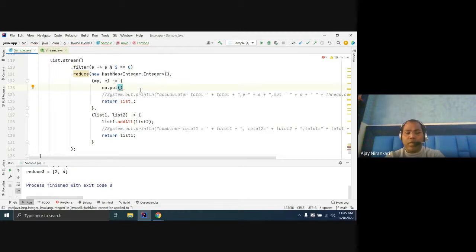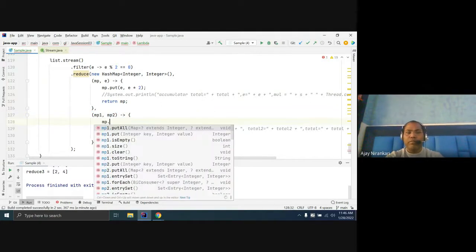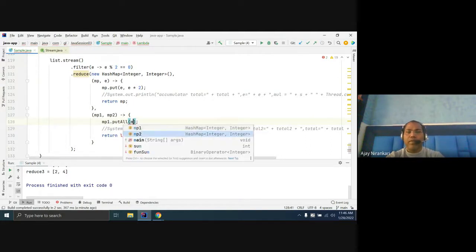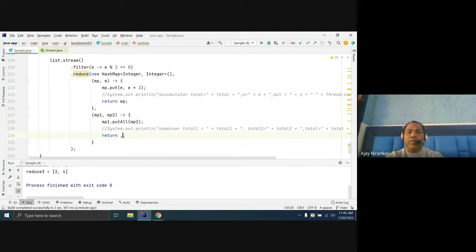Currently I put the same key, and for the value maybe you want to just multiply by 2, so I multiply each key with its own double value. And similarly here both are map 1 and map 2, and again you return map 1 dot putAll map 2, and return your map 1.